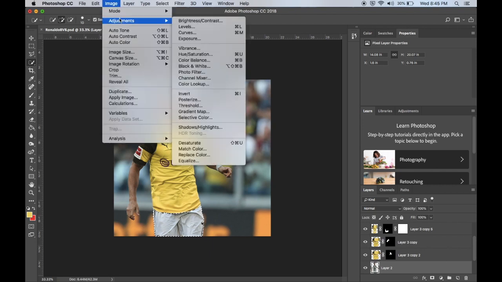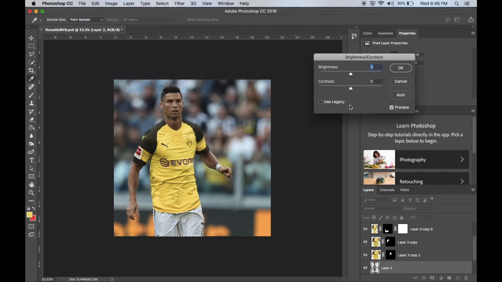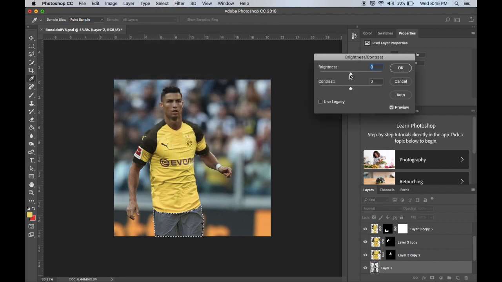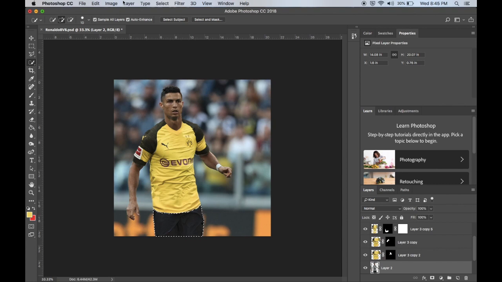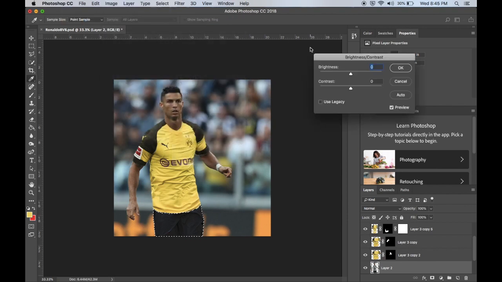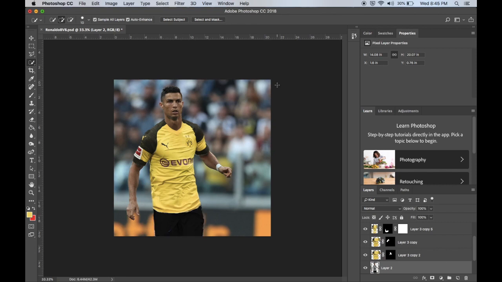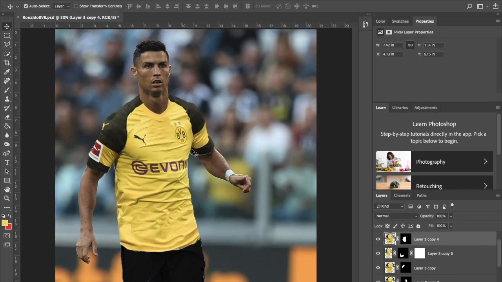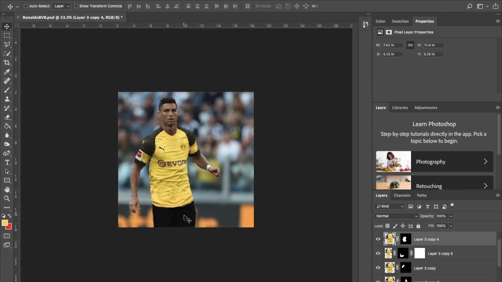I'm going to go to image, adjustments, brightness and contrast. Just mess around with this. Try to get it dark. You can actually keep just going to adjustments, brightness and contrast, keep making it darker, and then you will get black pants. Easy as that. You can add a logo onto it as well, but I think it looks just fine